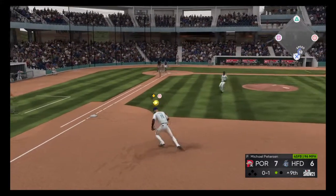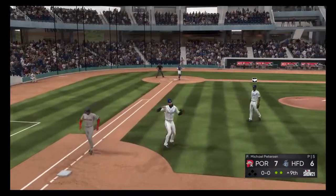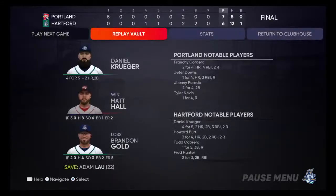This is on the ground over to first. And a step on first for the out, 3 unassisted. Boy, we were treated to a wild one here, weren't we? Gotta love